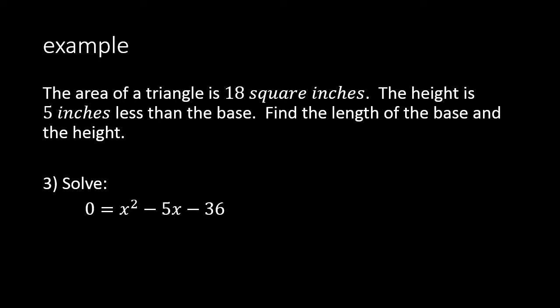So now we need to solve that 0 equals x squared minus 5x minus 36. And the way we're going to do this is to factor. So we now need to factor that polynomial. So do the AC method, take your time, pause the video, and actually go ahead and factor this on your